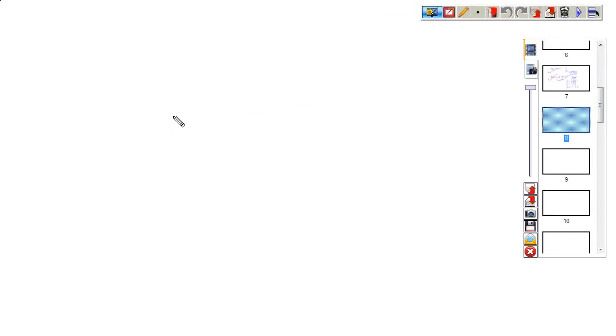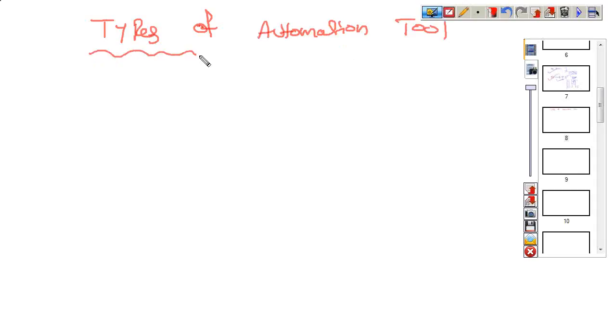First, before going for automation testing, we need to understand the types of automation tools in the market. What are the different types of automation tools available in the market? First one, functional tool.